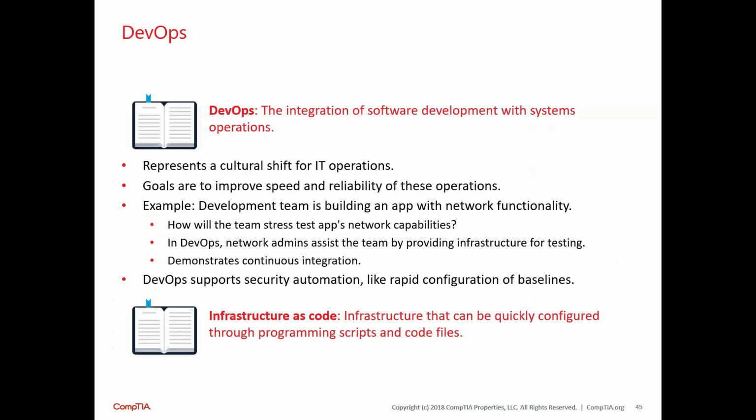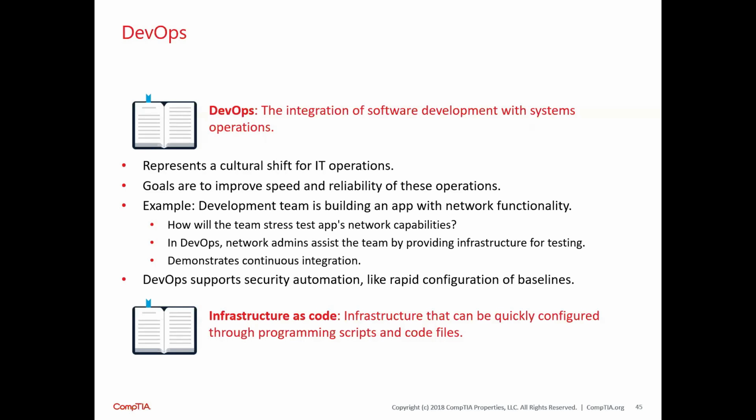And then we came up to DevOps, which is the integration of software development with the system operation. So basically, DevOps represents a cultural shift in the organization, and the goals are to improve the speed and reliability of those operations. So for example, here, a development team is building an application with network functionality, so they need to work with the operations department to make sure that they provide the best of